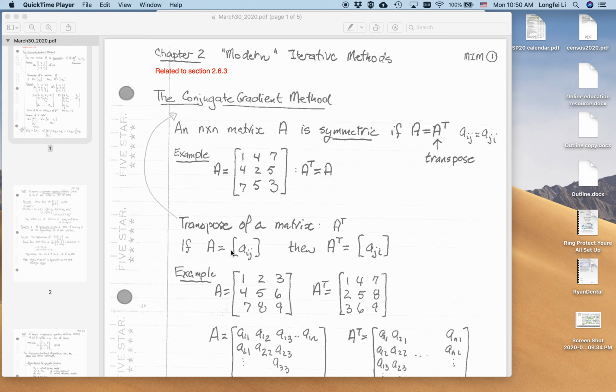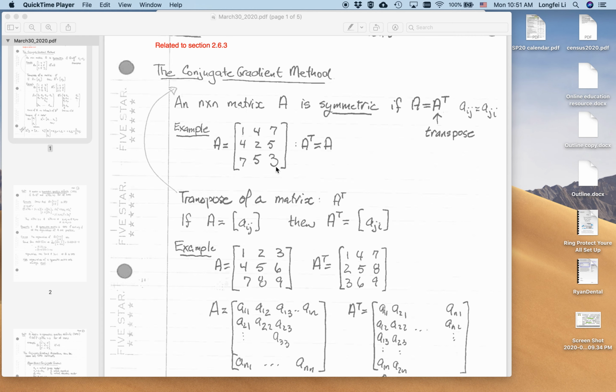Okay, so today we're going to learn a new type of modern iterative method. It's called the conjugate gradient method. The details about the method are given in your textbook, section 2.6.3. Before we talk about this method, we'd like to talk about a type of matrix called